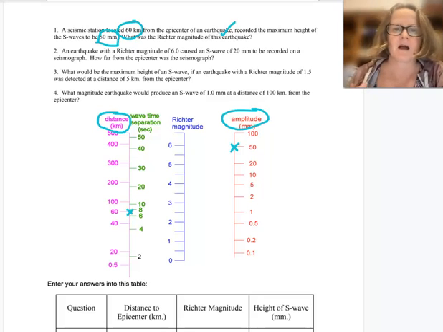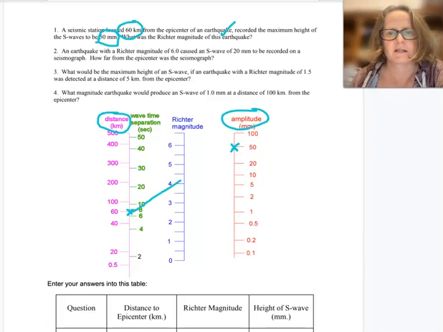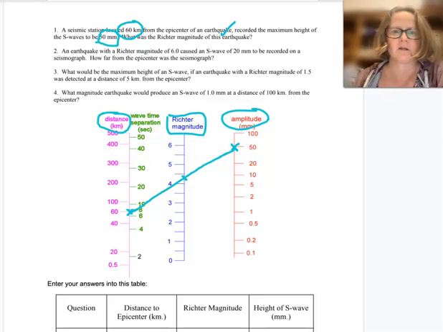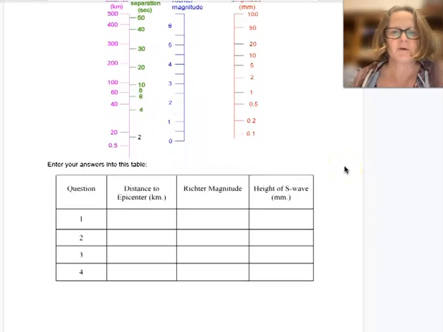Now we have to get our ruler out and join the first cross on the pink scale to the red scale with a nice straight line. That's not too bad. And where it crosses the Richter magnitude in the middle gives us the Richter magnitude for that particular earthquake. So it looks like it's about 4.3 on the Richter scale. So we can put our information into the table below. So a Richter magnitude of 4.3,